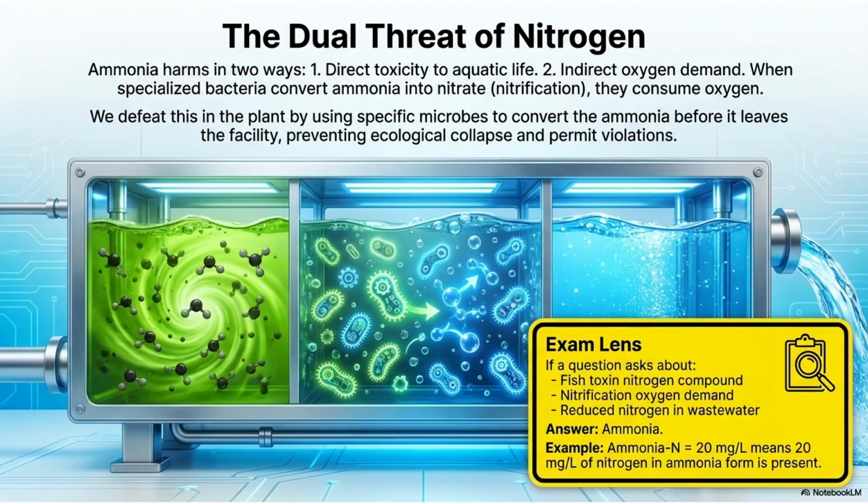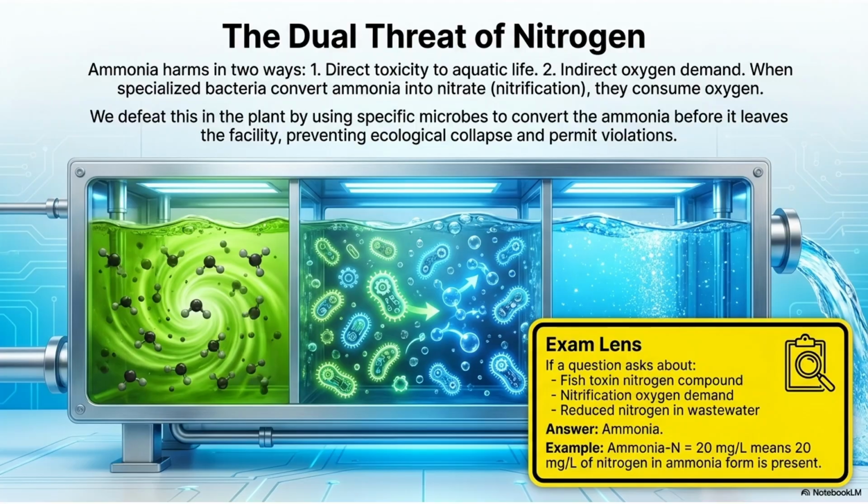Now, zoom out to the plant. In raw influent wastewater, ammonia may be present at significant concentrations, but ammonia is not eaten by the same microbes that attack organic matter or high BOD waste. After proper biological treatment of high BOD waste in the aeration tank, ammonia levels are reduced separately, because only specialized bacteria eat ammonia by converting it to nitrate. You will study that microbial ecology later. For now, understand the operator's